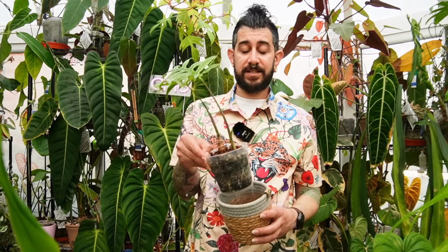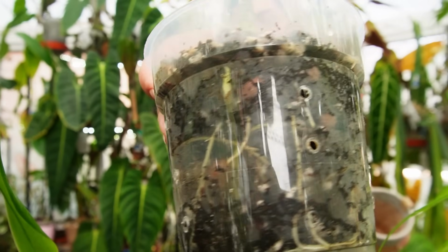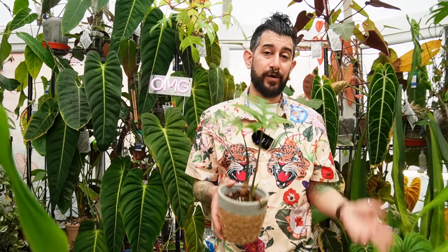I think with my alocasias, I know a lot of people have great success growing them in semi-hydro, and you can see some of the roots hopefully there. I've never had any success with any of my alocasias or colocasias in semi-hydro, but I've always had great success in soil, so a lot of them I'm just transitioning back to soil. It just makes my life a bit easier. It didn't work for me. I still have a lot of my Anthuriums, I think all of my Anthuriums in semi-hydro, so that does work